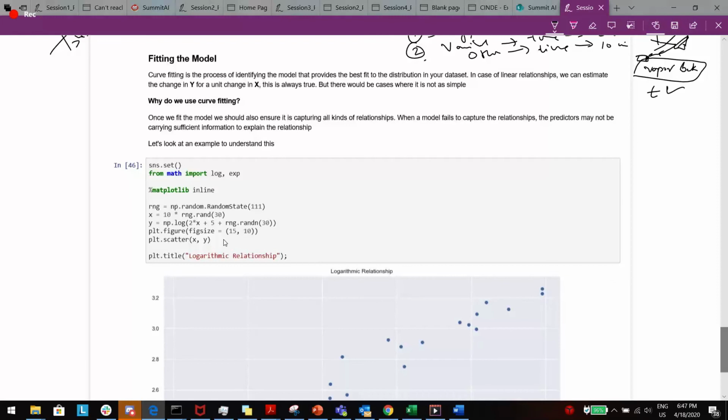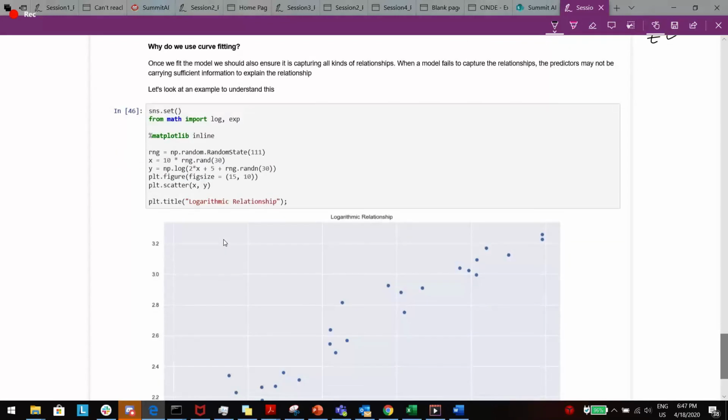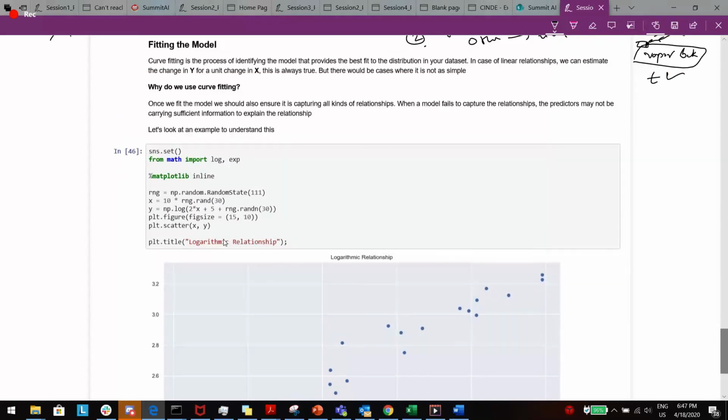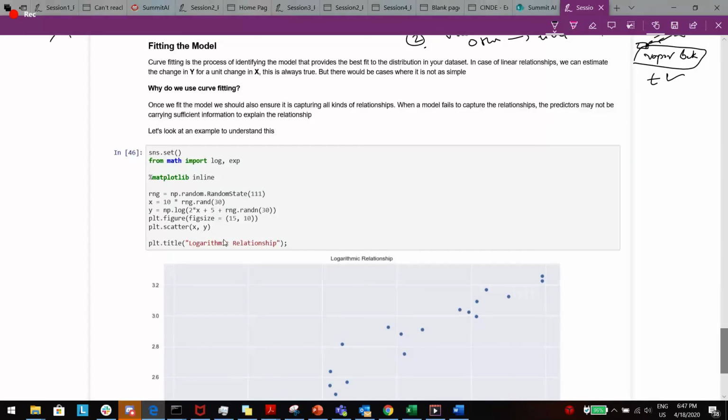Next we go to model fitting. When we look at ordinary least squares, this is also called curve fitting. Curve fitting is nothing but trying to identify an underlying function which is the best fit to the data points that determine the distribution. Once the model is fit, we should also try to understand whether it is a good fit or a bad fit, or whether insufficient data is creating a bad fit.